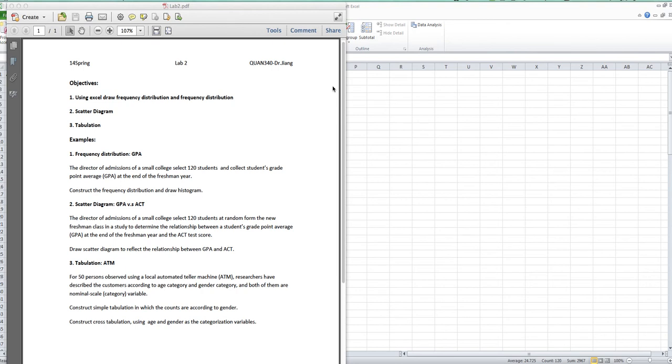You will learn how to construct the scatter diagram. And we will use an example called the GPA versus ACT. The director of admissions of a small college selects 120 students at random from the new freshman class in the study to determine the relationship between the student's GPA at the end of the freshman year and the ACT test score. So in this practice, you are required to draw a scatter diagram to reflect the relationship between GPA